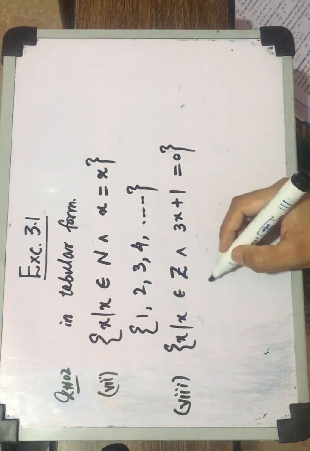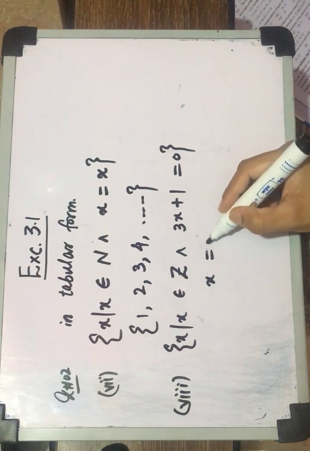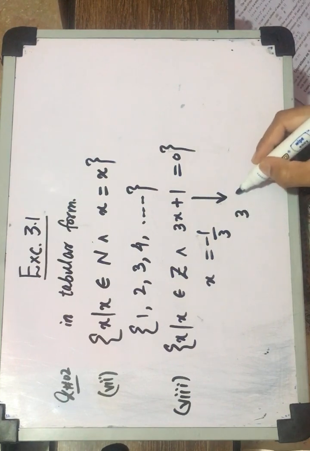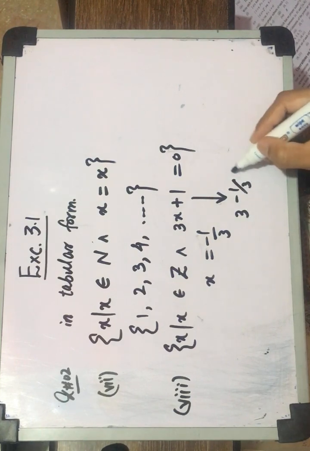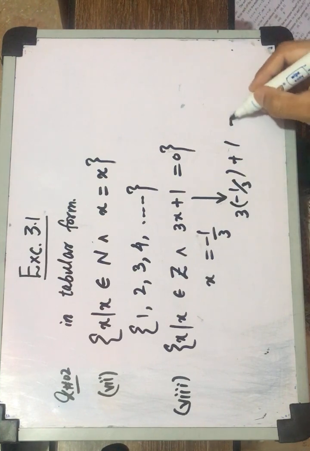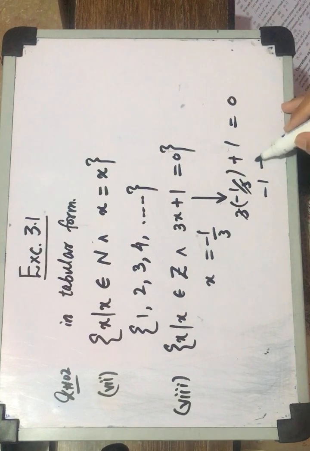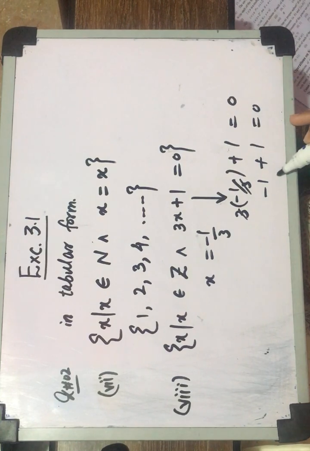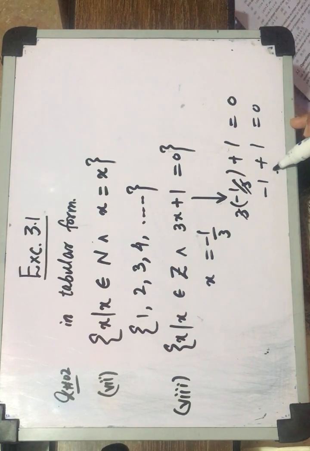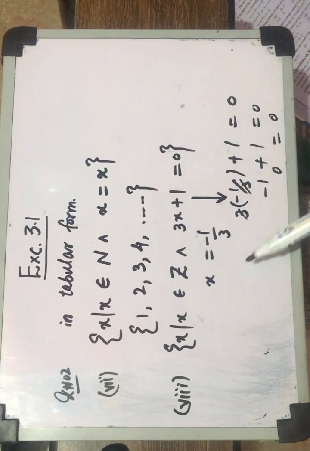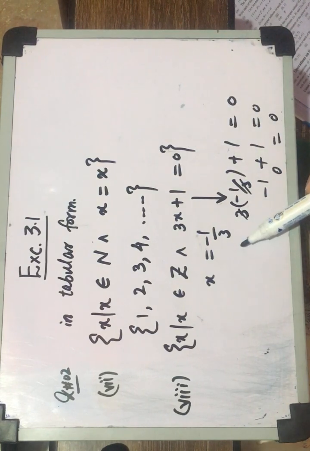If I take x is equal to minus 1 by 3, then this equation becomes 3 times minus 1 by 3 plus 1 is equal to 0, and the 3 and 3 cancel. Minus 1 plus 1 is equal to 0, and 0 is equal to 0. So this equation is satisfied whenever we take x is equal to minus 1 by 3. But